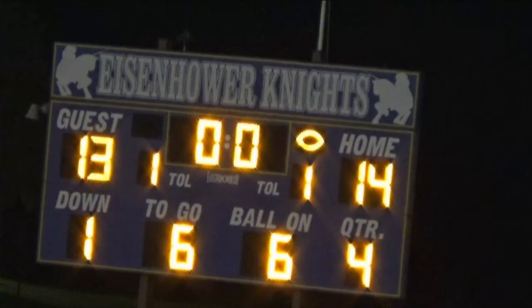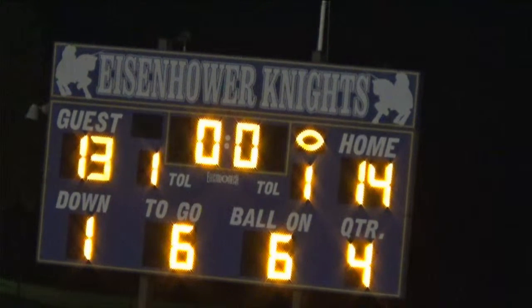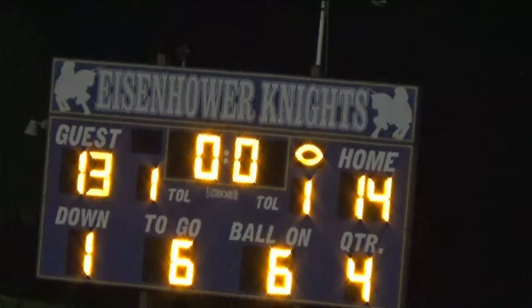Welcome back into the Icy Ink post-game show. As you can see, your final on the scoreboard there. Eisenhower holds off Saegertown 14-13. Going to take a last look now at the out-of-town scoreboard